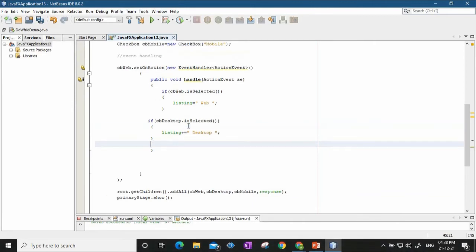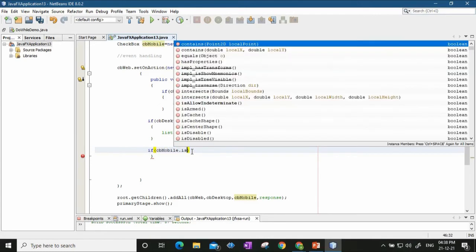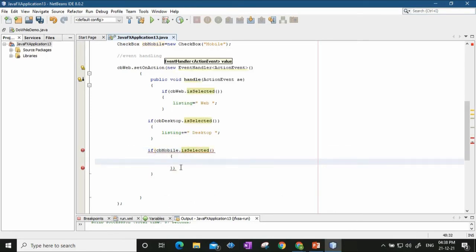Okay, and then third, if CB mobile dot is selected, then mobile is selected, then listing will be listing plus equal to mobile.